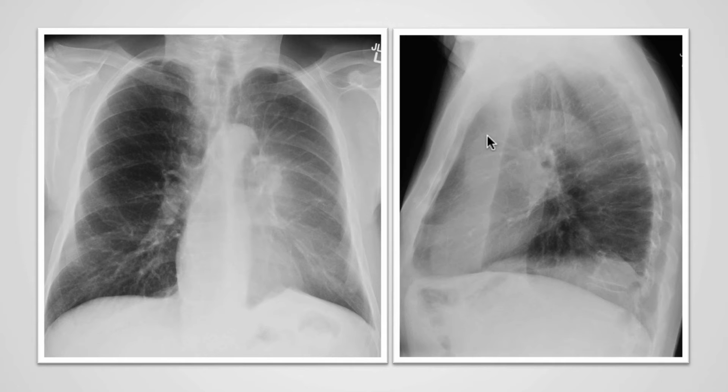Here is an example of collapse of the left upper lobe. We see an increased opacity within the left lung as compared to the right. On the lateral X-ray, we see a distinct edge that should not be present, and this represents the oblique fissure and opacified lung anterior to it. The fissure is displaced anteriorly, and remember, this is the only hallmark or the only direct sign of volume loss